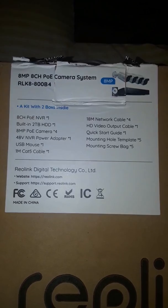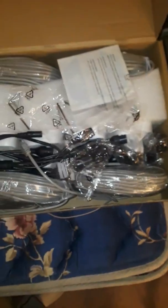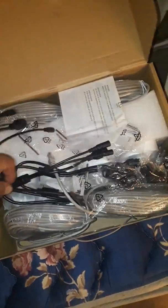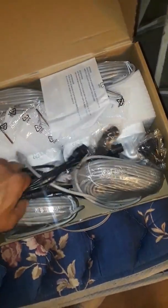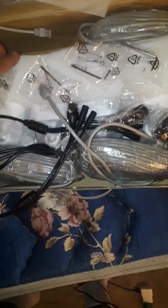We'll just do an unboxing for now, or at least a partial unboxing, just to see what the contents are like, so we know what we got. So basically this is all your cables to run all of your stuff. Here's the cameras. Okay, and see, there's the actual power over Ethernet